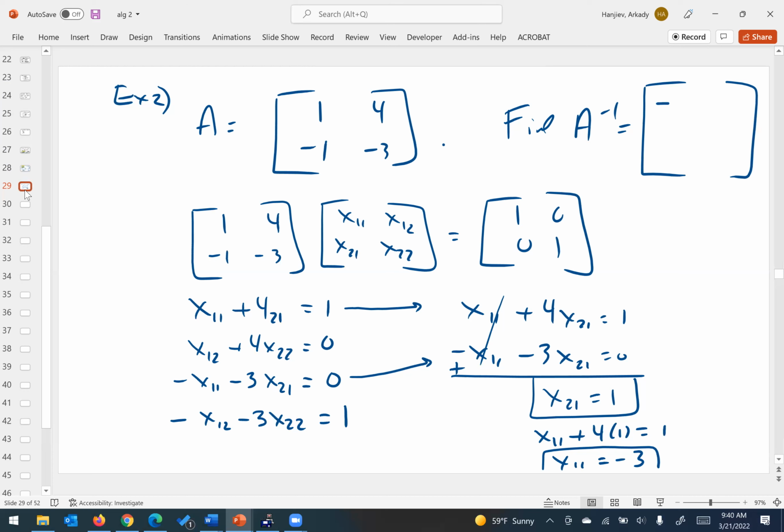So I know that x11 is there. And x21, I've solved for the first column. There it is. Good there by hand? If you did it by calculator, that's fine. I'm just doing it by hand here. So these two are set up to do